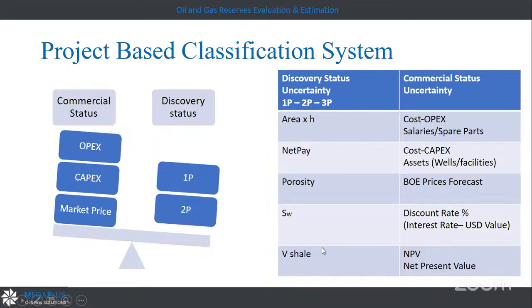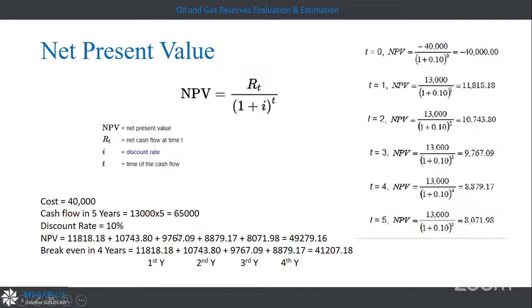So I have, as a reservoir, made the forecast. And then I have to calculate the commercial status: the market price, the uncertainty of the oil prices in the future, and the operating cost and the capital cost that will be spent. After that, I will have something called net present value. And when I'm talking about net value, we are talking about the revenue subtracted by the cost, whether operating or capital.